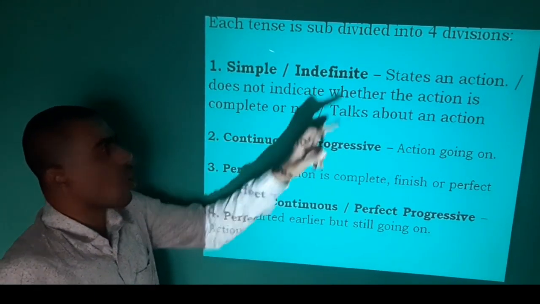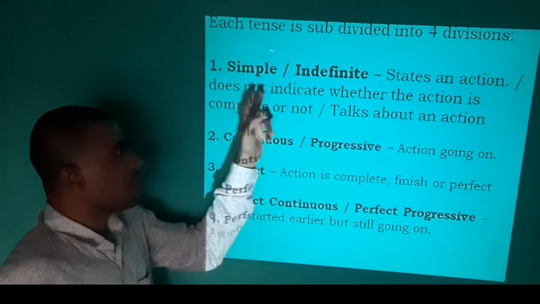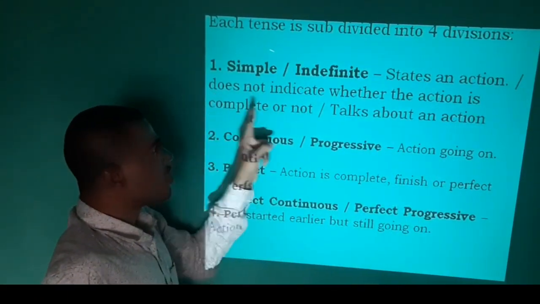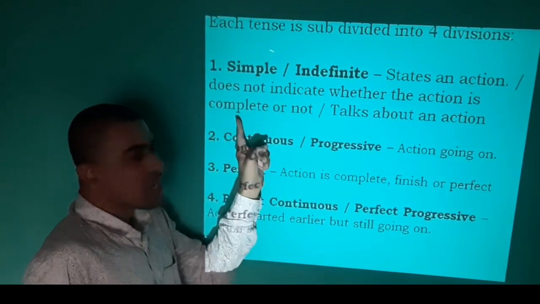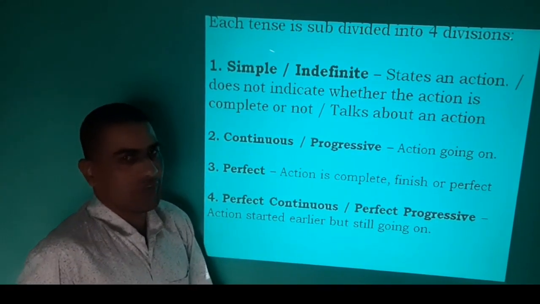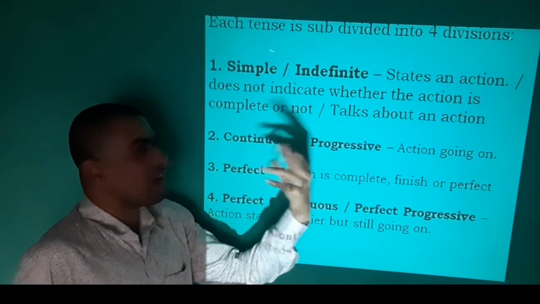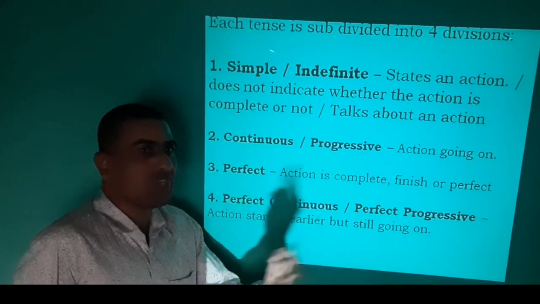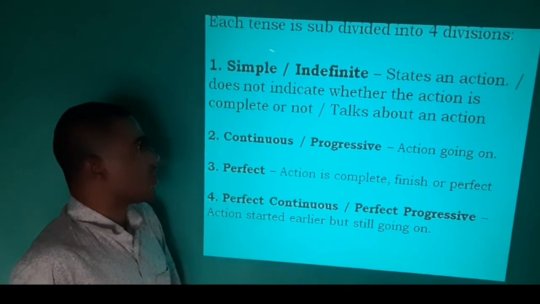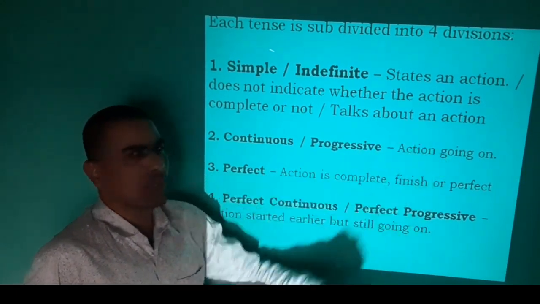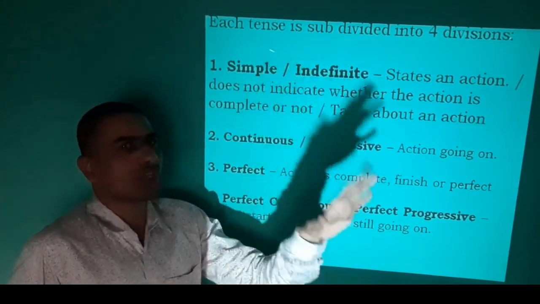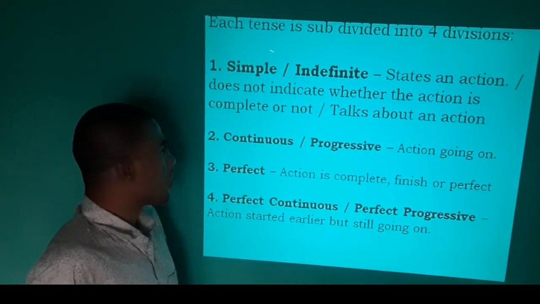First one is simple or indefinite. The simple or indefinite states an action and does not indicate whether the action is complete or not. So when we call it indefinite, it is not definite about the completion of the action or about the definiteness of the time. So in these two ways you can talk about it. It simply talks about an action. Okay, so next one,